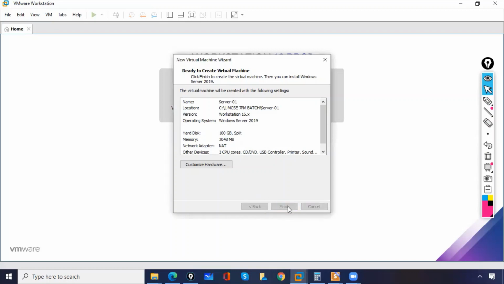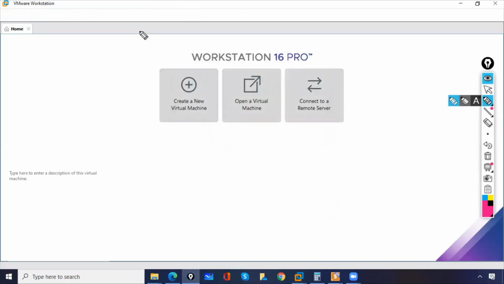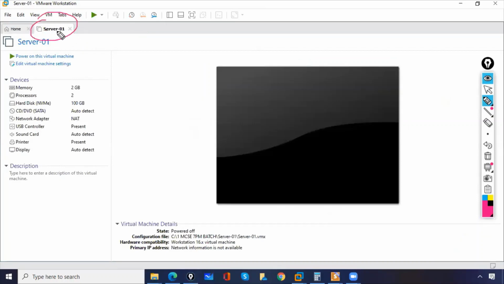You will click finish, and your virtual machine is created. You will get the virtual machine here, server 1. Now guys,